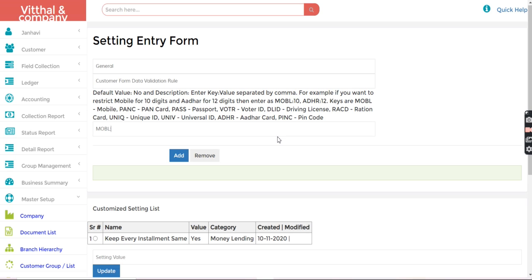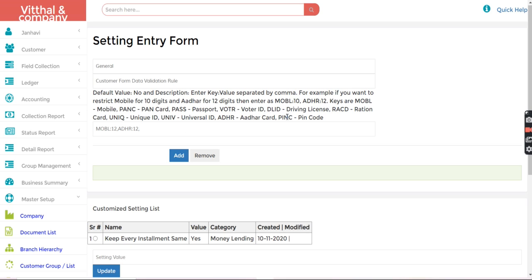Here I will take, for let's say, mobile number 12 digits and comma, then let's say Aadhaar for 12, so I will just write down ADHR for 12 digits and again comma.